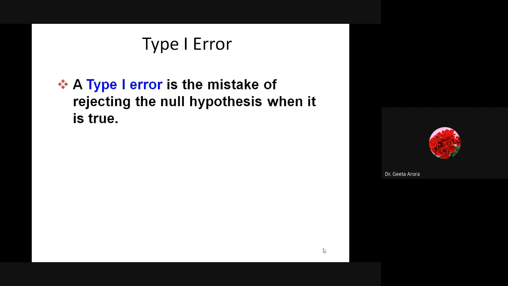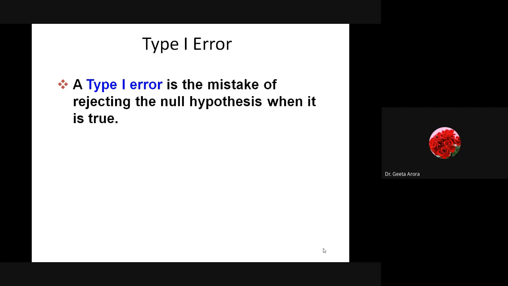So when we are talking about the errors, type 1 error is the mistake of rejecting the null hypothesis which is actually true. Sometimes it's possible that we have done some work and, in order to make some conclusion, we said no, the null hypothesis we assumed is not correct, but it is just because of some calculation mistake. So we have made an error, which happened due to calculation. We have rejected a thing which is actually true.